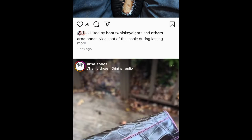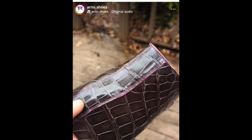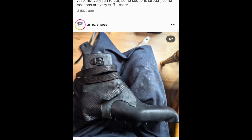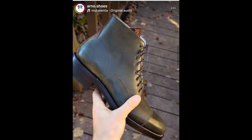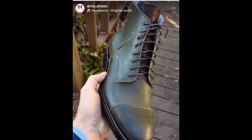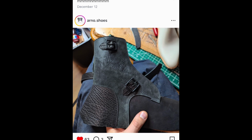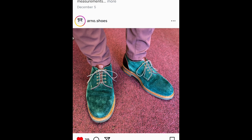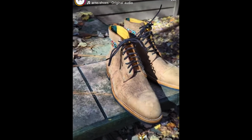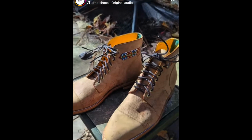Handmade in the heart of Leon, Mexico, one of the world's global shoe capitals, ARNO shoes are more than just footwear. They're a testament to timeless quality and exceptional design. Our boots are meticulously crafted to stand the test of time. Made from high-quality leather, they combine durability with comfort, making them versatile companions for any occasion. The sleek last and overall comfort ensure that these boots seamlessly transition from day to night. From the office to dinner and from farm grounds to city sidewalks, we created ARNO out of our shared passion